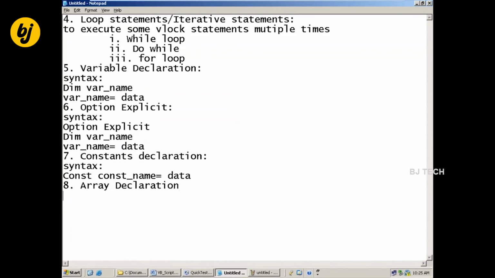To maintain multiple values in the same address based on index, we use arrays.